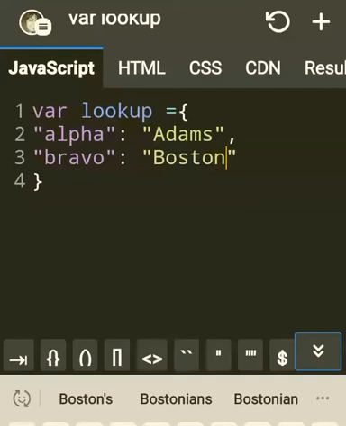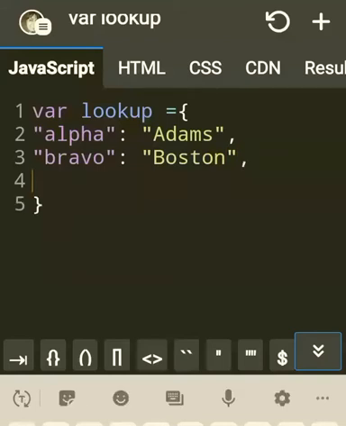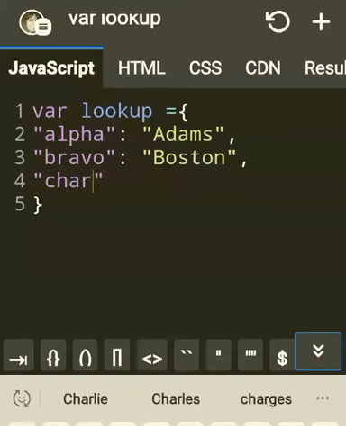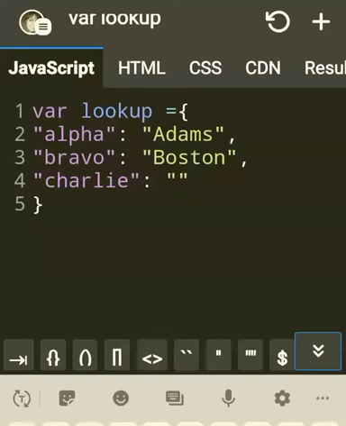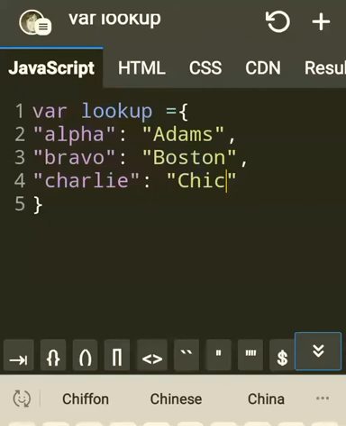Yeah, so alpha for Adams, Bravo for Boston, and don't forget to put the quotes in both the value as well as the result, and also don't forget to put the colon after each value, and don't forget to put the comma after each result. Charlie is for Chicago.